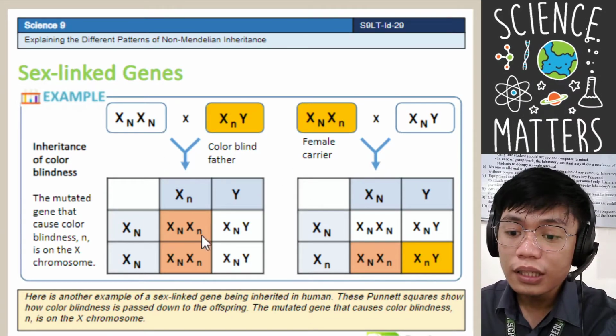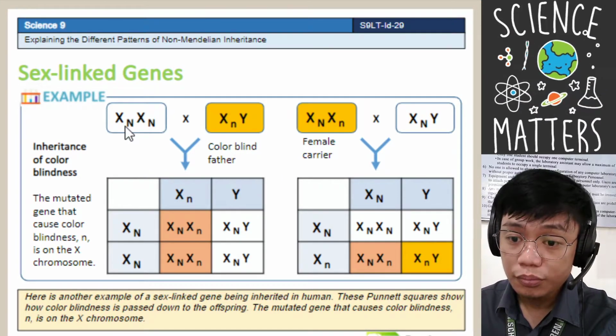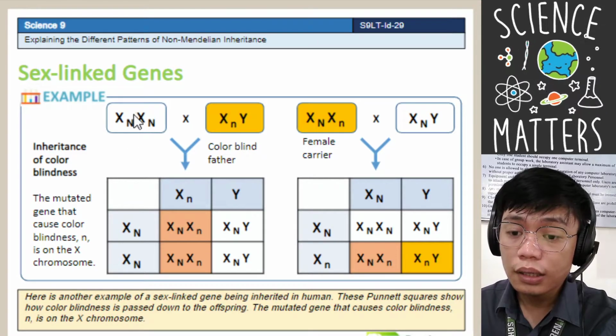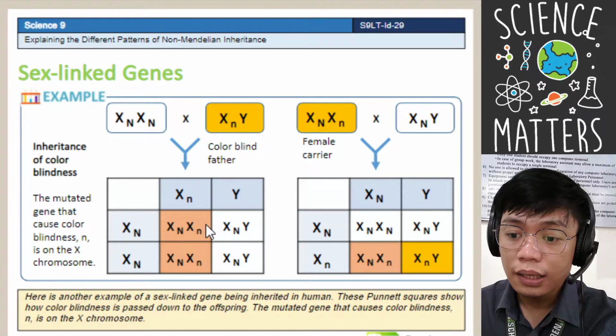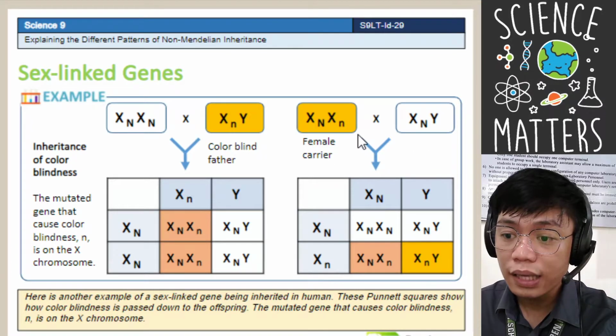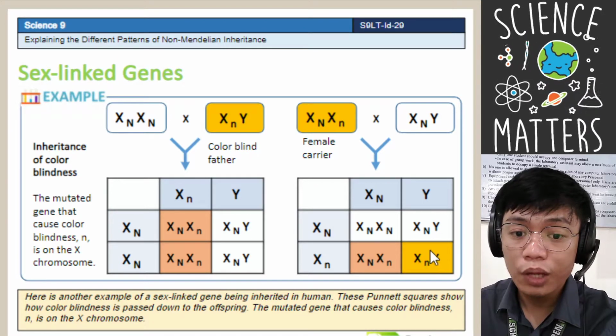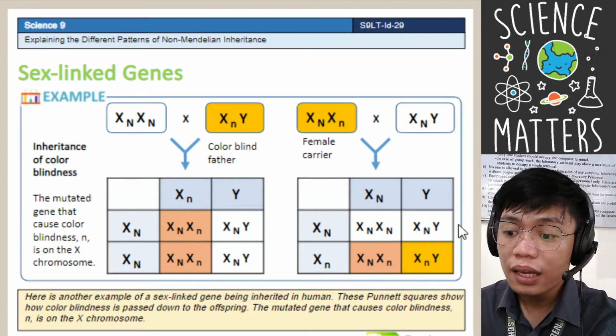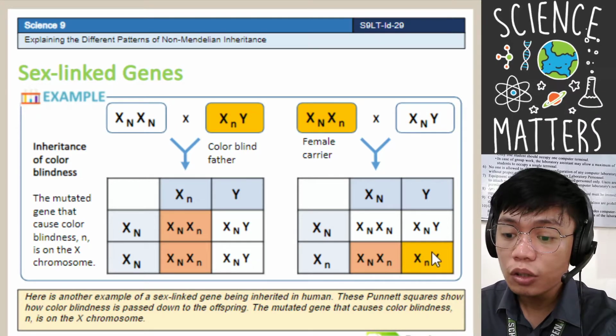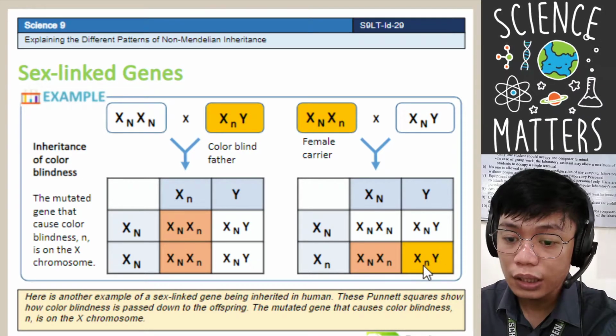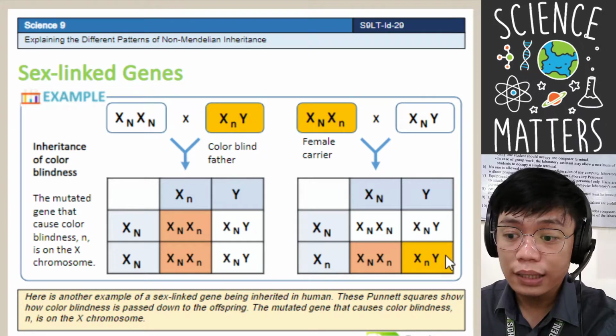So, sa F1 generation, yung inheritance of colorblind from normal to colorblind is hindi nagpakita yung trait na yon. Pero dun sa F2 generation, nagpakita siya dahil nag-dominant yung recessive dito. Or nakita yung recessive dito at walang dominant. So, in the F2 generation, dito mo pa lamang makikita yung mutated genes or yung traits na meron sa isang